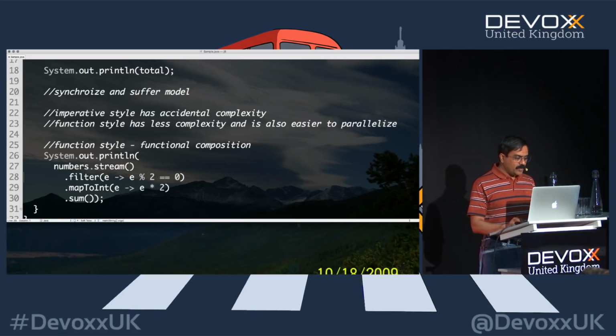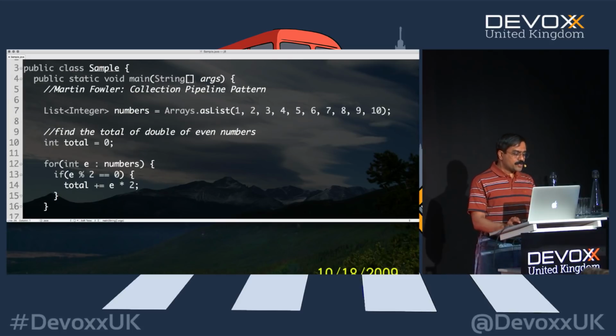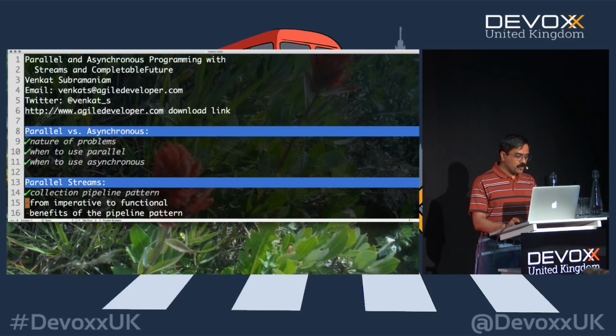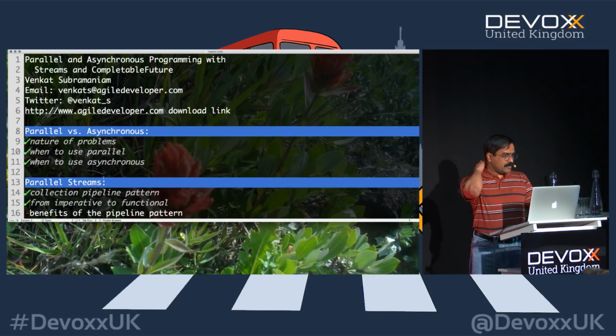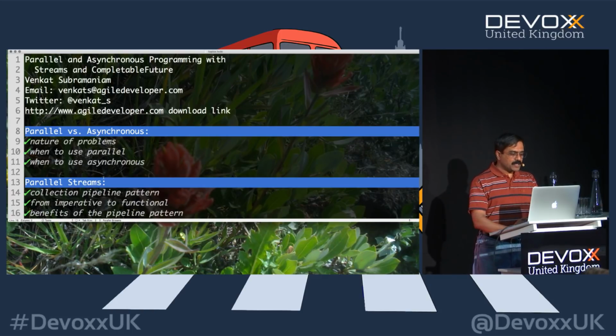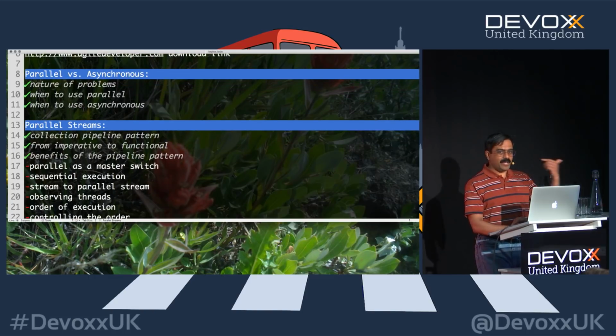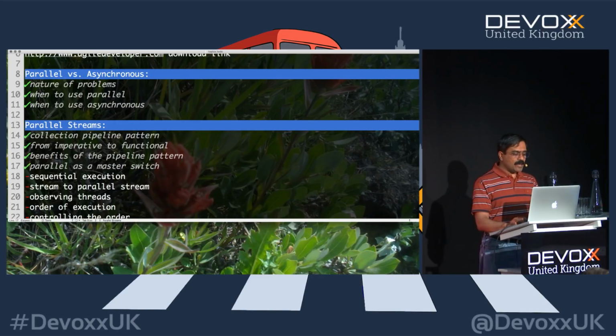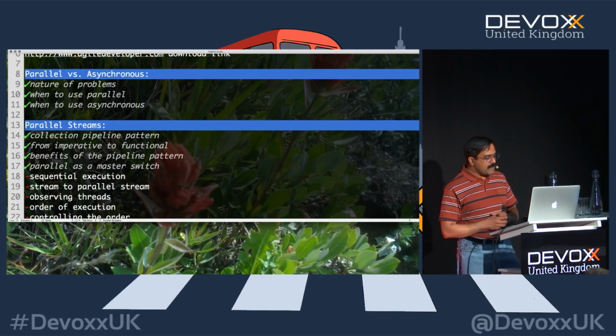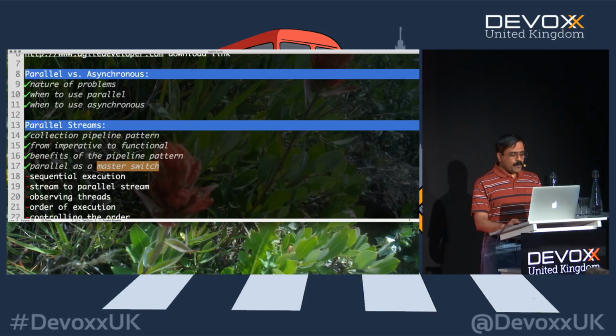Let's explore that thought really quickly with an example, to see how that's going to help us make that work. So we talked about moving from imperative to functional style of programming, and the benefits of the functional pipeline: less complexity, easy to parallelize, among other things. But I call parallel a master switch. I call it a master switch because the people who created this are very smart. They made it so easy to do, and they just stopped shy of actually doing it.